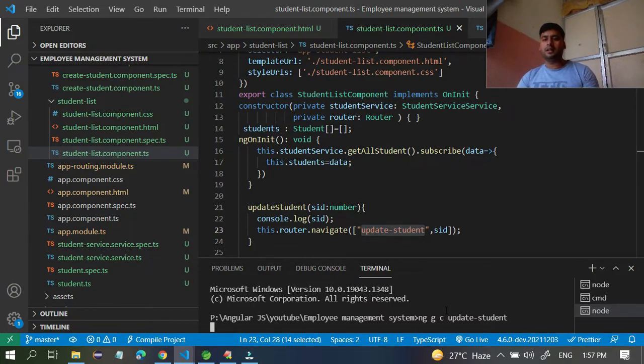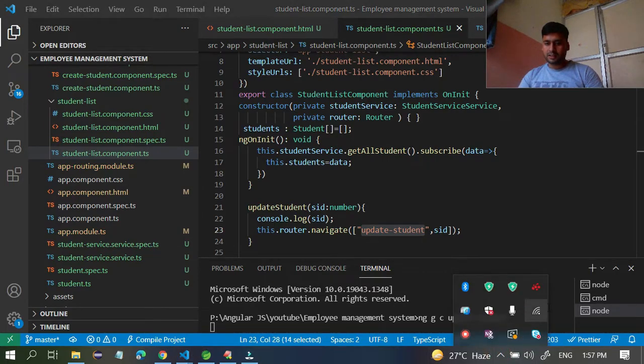Once you run it, it will generate the component files for you, and you can do the work on that. Very simple. But make sure your system is connected to the internet.